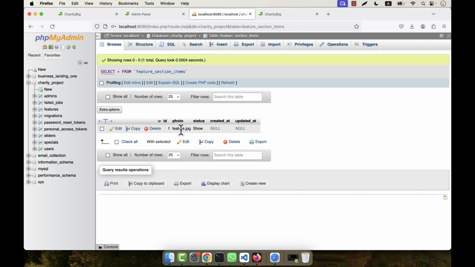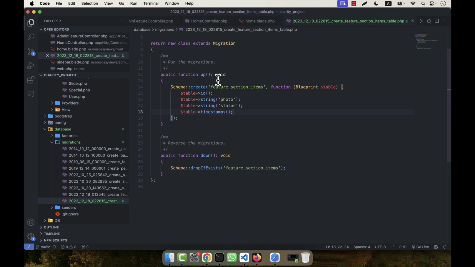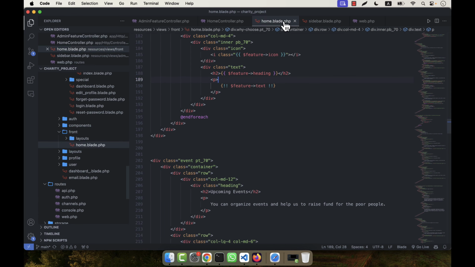If there is no photo by this name, I will add the photo, no problem. So photo is by default, there will be photo, and that I will change. So in order to show the section items, where I can show that, in the index,